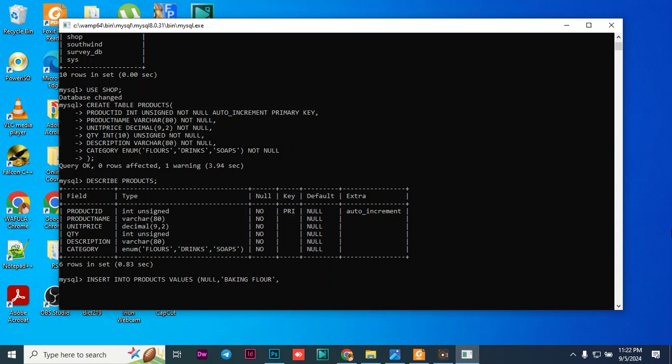Then we have 120, maybe I can say it is 120 shillings. Then we have the description as good quality. I can just say good quality,